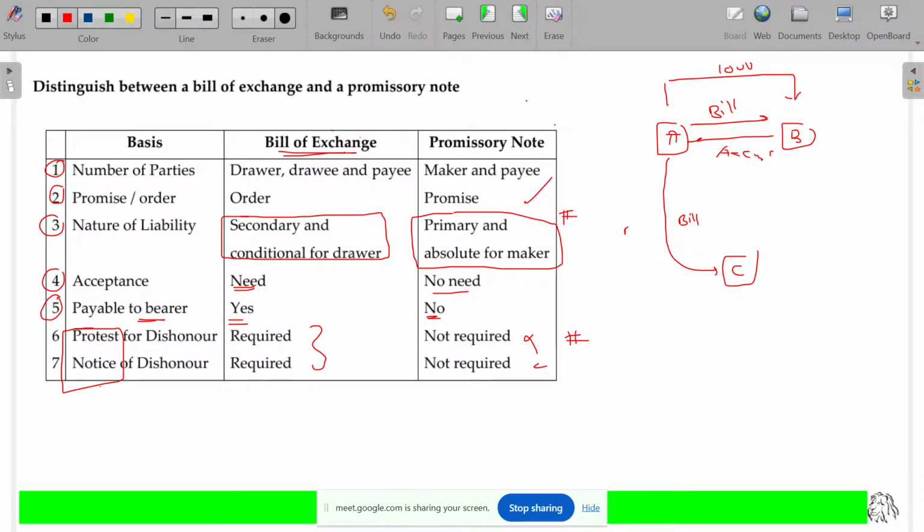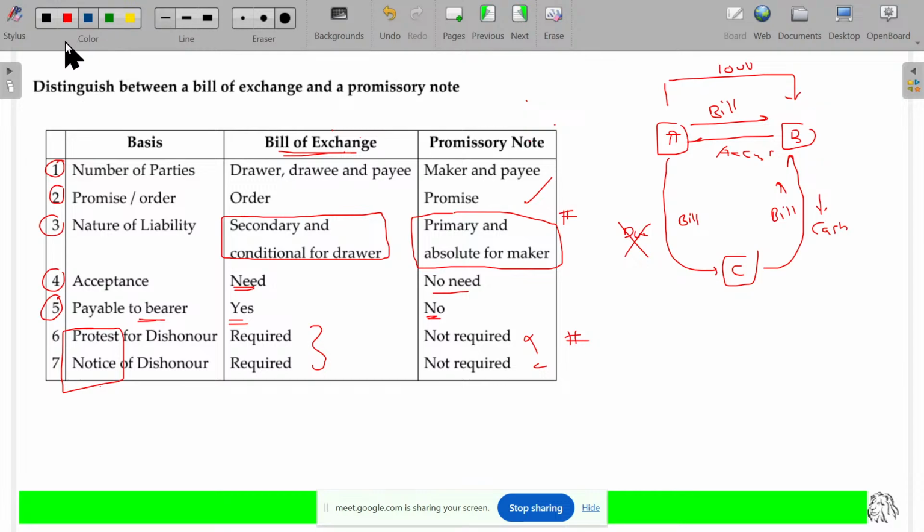And C says, okay, sir, your due is closed. Later on, C gives the bill to B and gets the cash. Is that clear? This is called endorsing of the bill. Clear? Now,